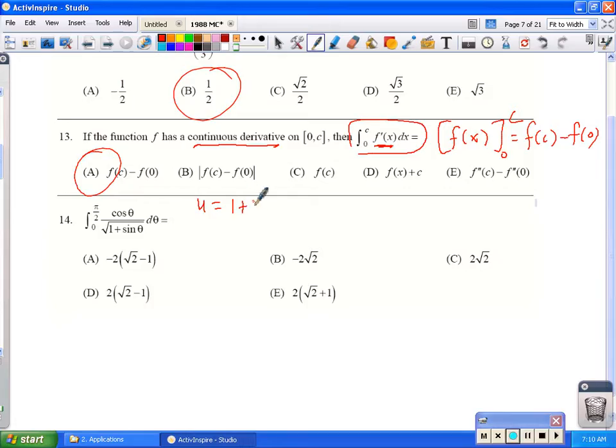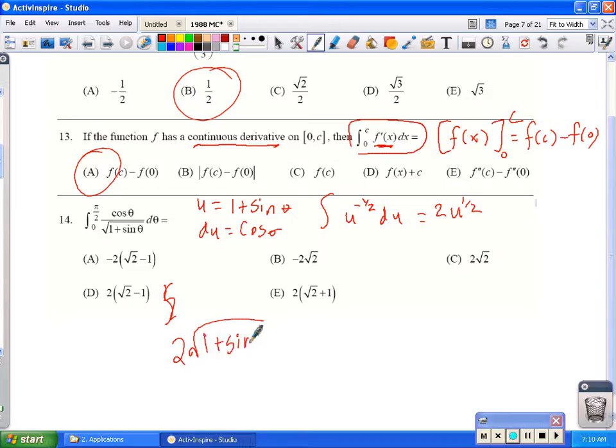Number 14 is a u-sub problem. U is equal to what's under the radical, 1 plus sine theta, du is equal to cosine theta. So when I make my substitution, that will give me the integral of u to the negative 1/2 power du. Let's go ahead and integrate it. That would be u to the 1/2 divided by 1/2, which is 2. So that's going to give me 2 square root of 1 plus sine theta